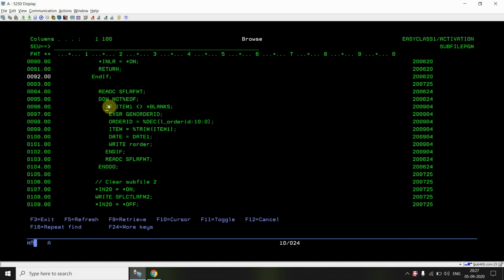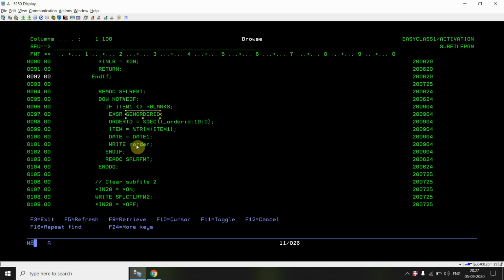Inside that I'm checking if ITEM1 is not equal to blank in the first subfile field. If it is blank, I won't be going to write that. If ITEM1 is not equal to blank, then I'm going to execute this subroutine, generate order ID.